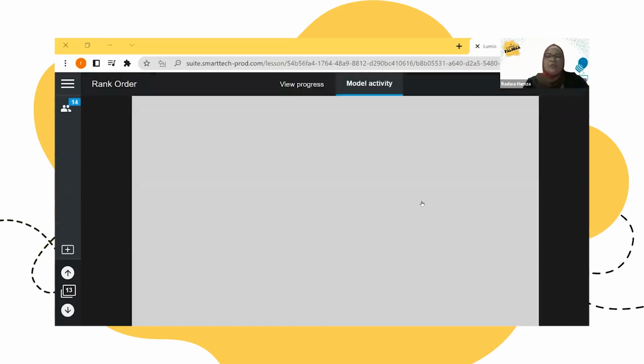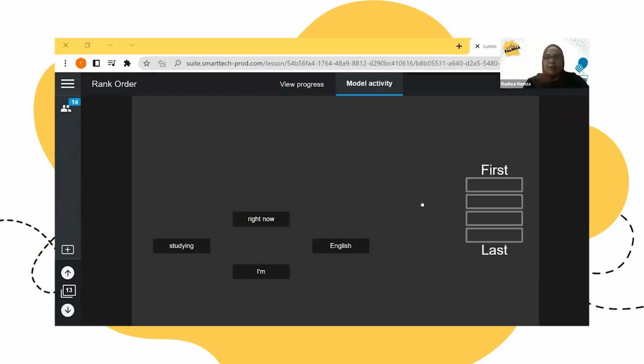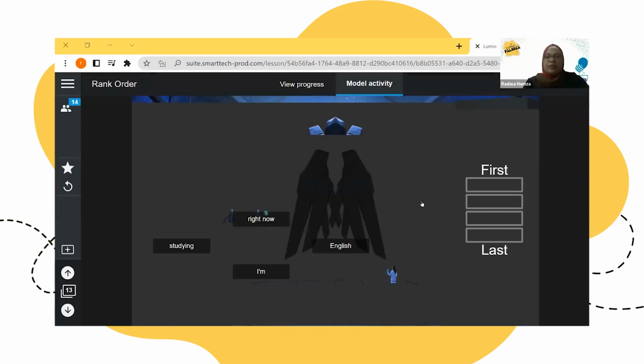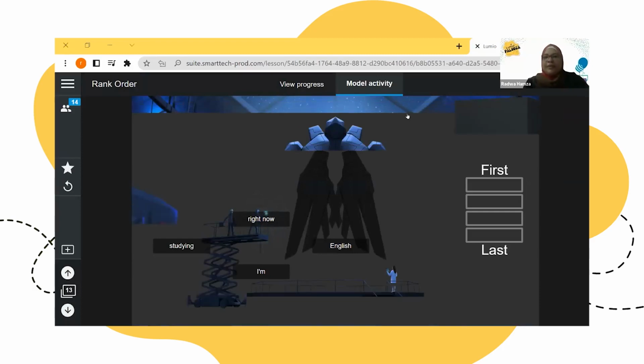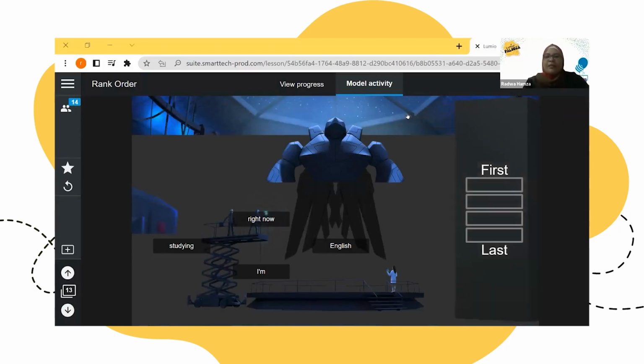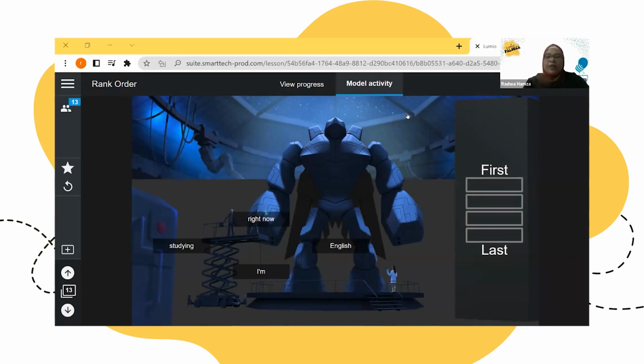There's a famous question in Egypt in our curriculums where you give a student an unarranged sentence and ask them to reorder it. Here, I like this theme a lot in Lumio. This is like a robot. So when students start to reorder the sentence, you can find some changes in that robot.